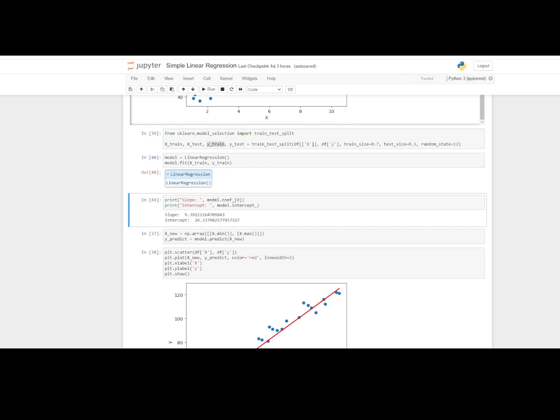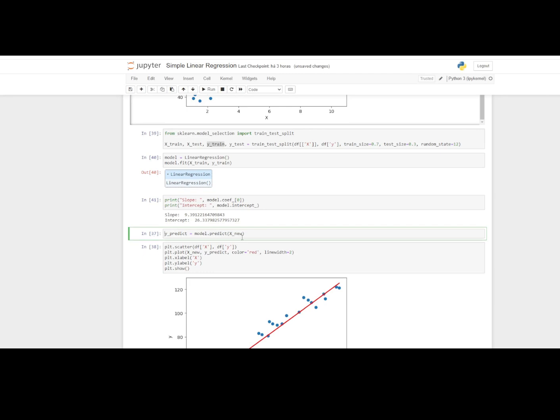Now for the prediction, we don't need this X array, and for the Y predict, it's the same thing, except instead of the new array, we have the X test. Basically, we trained the model with the training data, and now we're going to test the model with the testing data. And if we run this,